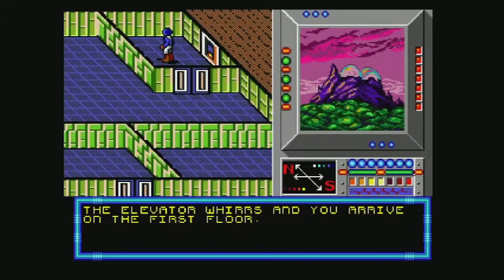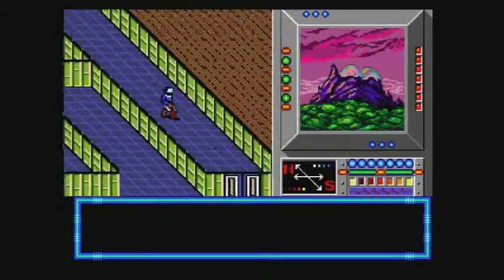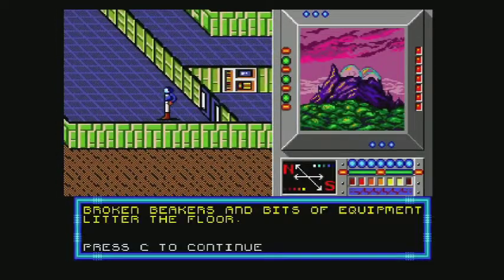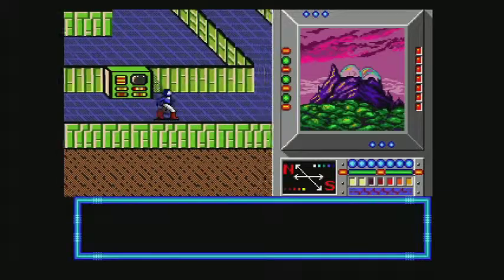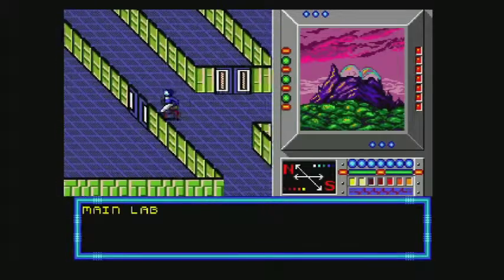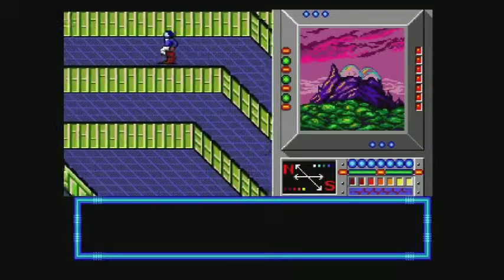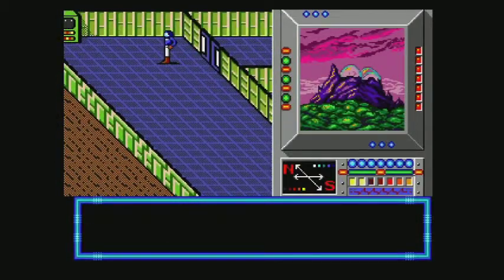Lab 2, so it's floor 1. So let's go to the right floor, it might help. I believe lab 2 is down here. No, this is lab 3. Broken beakers and bits of equipment littered the floor. Nothing useful there. So I believe this is lab 1. Main lab. Nothing important in there either. A failed lab experiment slithers by. And lab 2. And if we go down,